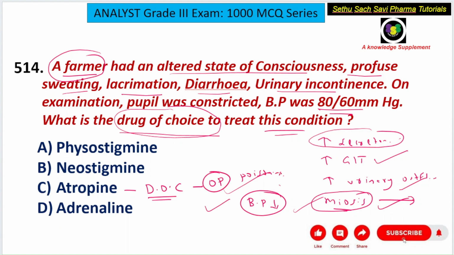Okay. So that is the answer for this question, because organophosphorus is a cholinergic drug and in the case of poisoning, you need to give an anti-cholinergic drug, and the answer is atropine. Whereas physostigmine, neostigmine, they are basically cholinergic drugs. They have nothing to do with this kind of situation. Normally, physostigmine is used as the drug of choice in atropine poisoning. But here the condition is not atropine poisoning, it is organophosphorus poisoning.